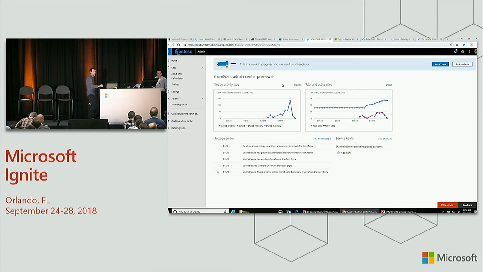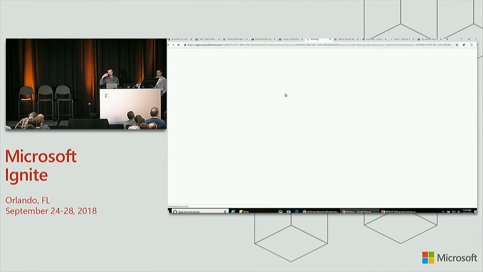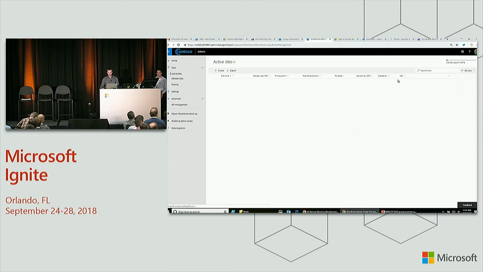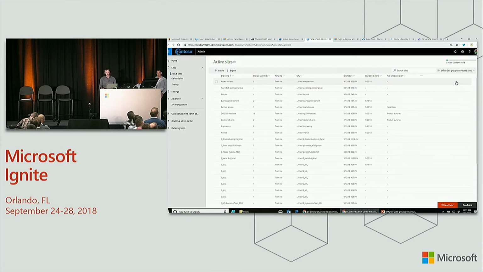And so if I click here, this is the home page, and you can go here and click on active sites, and you get this beautiful filter on the right-hand side. Let me refresh. You're going to see the ability to filter all the sites by different types. And you can, yes, filter all the sites that are not tied to groups, or filter a different type. But here you see Office 365 Groups Connected site. So voila, I'm actually visualizing all those team sites that are tied to groups.